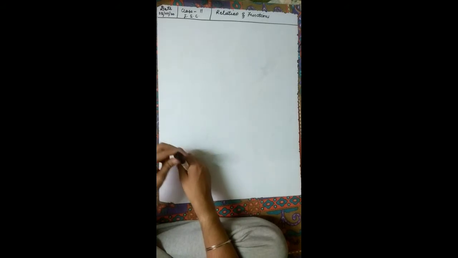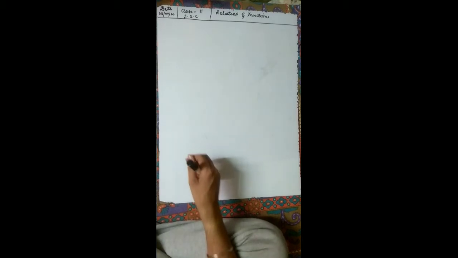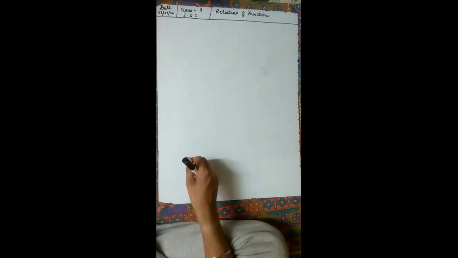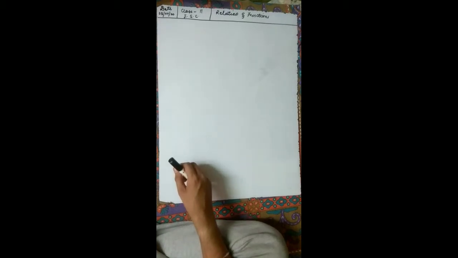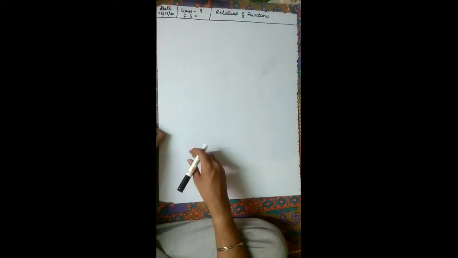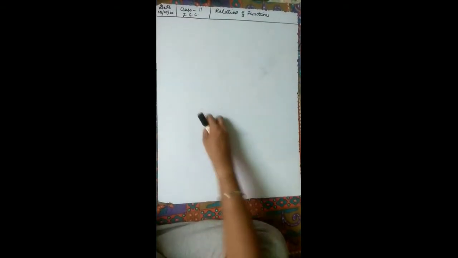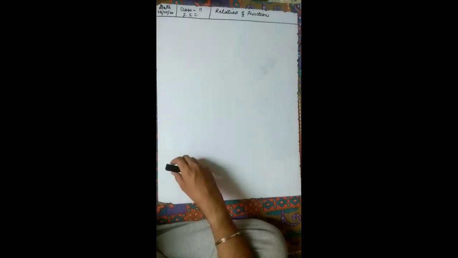As we were doing the relation and function chapter, I told you that for exercise 2.3, I'll be explaining how you can show that a particular function is a one-one function, onto function, etc. So we will do those questions, but before that, I just want to answer a question which was asked to me by one of my students: what is the practical use of function in our daily life? A very good question was asked.